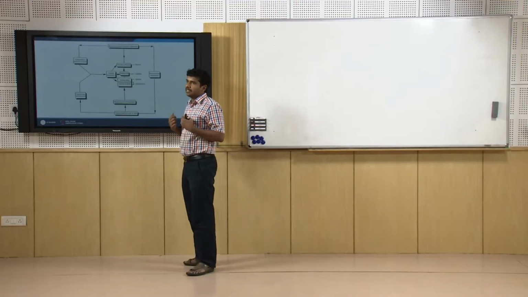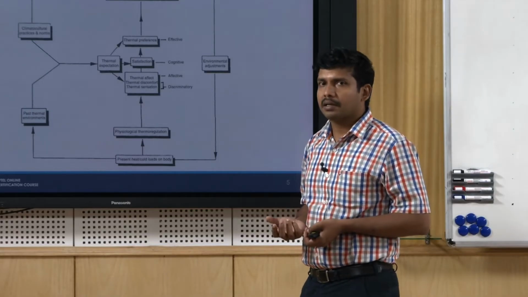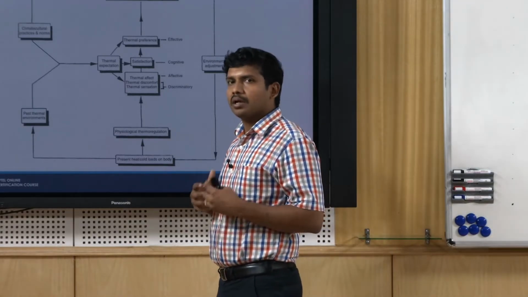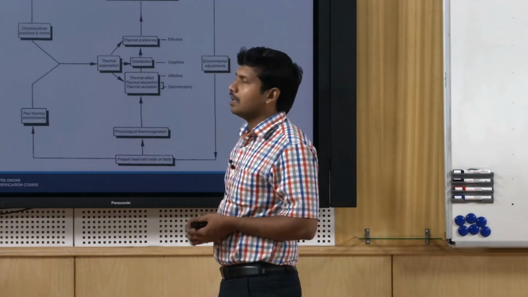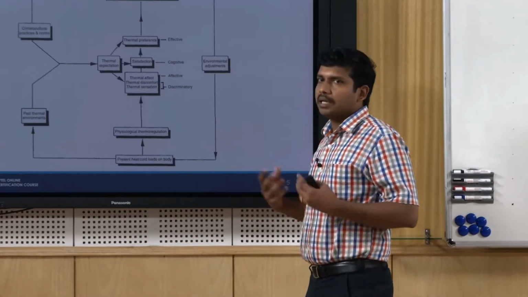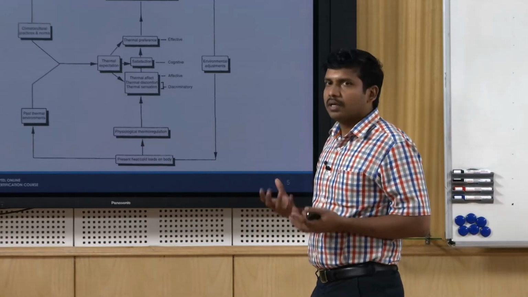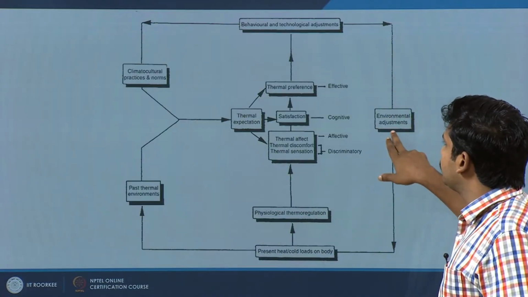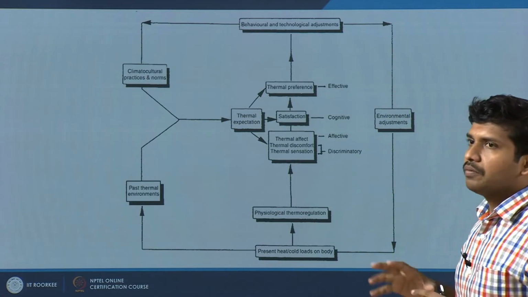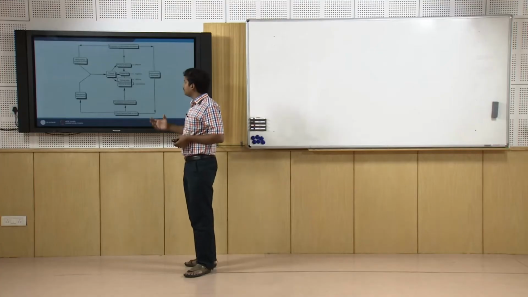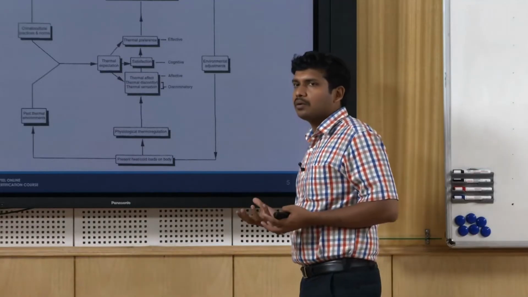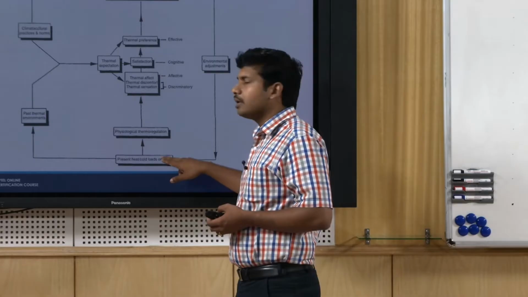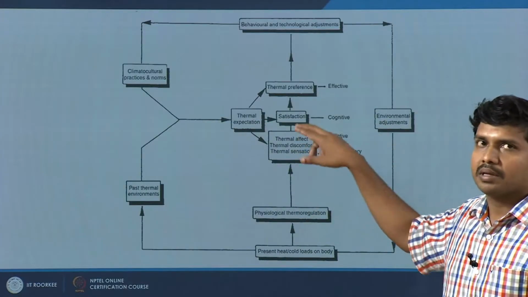Behavioral can be in terms of changing your dress, changing your activity pattern, doing or not doing certain activities, changing food habits. If these things do not permit or you are not willing to do these things, you go in for technological adjustment. Simple thing, you buy an air conditioner, you condition your room with 1, 2 units. Technological adjustment happens, which again comes back and affects your environmental adjustments. So from a naturally ventilated or a free running environment, you are moving towards a technologically controlled, mechanically controlled environment. This again determines your heat or cold loads on the body. So this total thing becomes a loop.